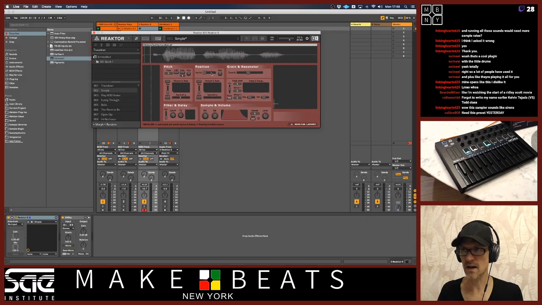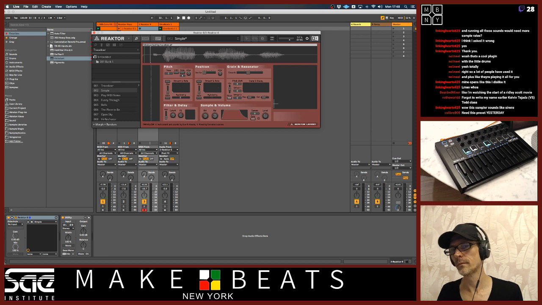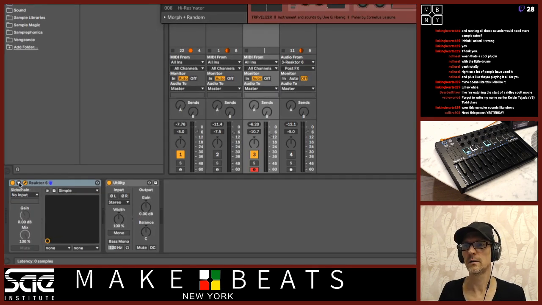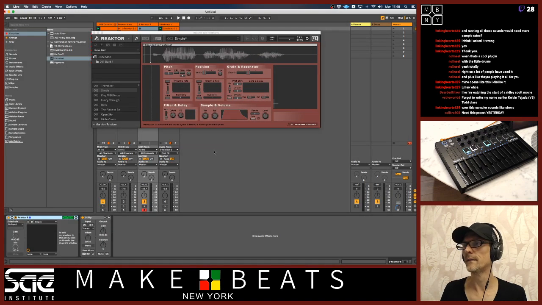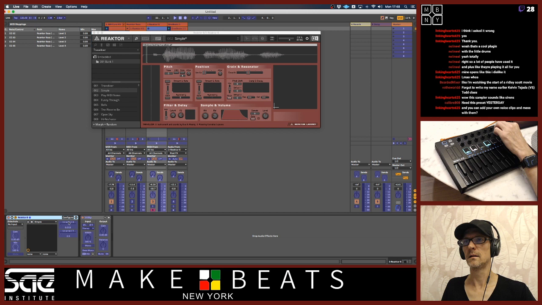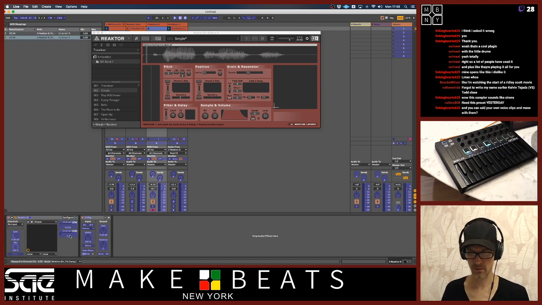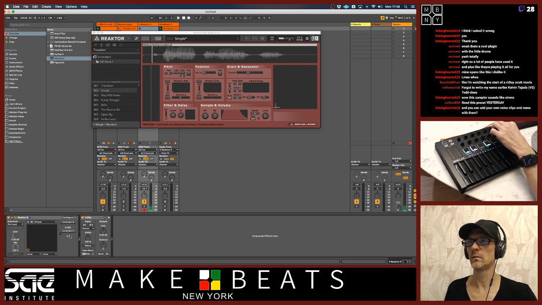So what I'm going to do is assign these knobs on my keyboard to this. So here, go down here. Oops. And go into Reaktor, configure, and I'm just going to move this here. And yeah, you can add your own samples and mess with them. And I'm going to go ahead and assign this to some knobs over here. There we go. So now,